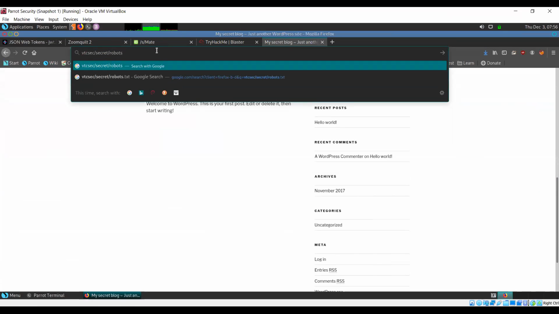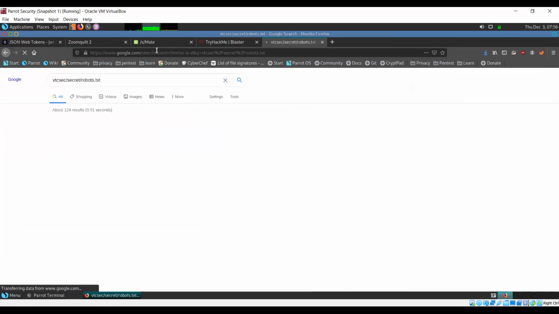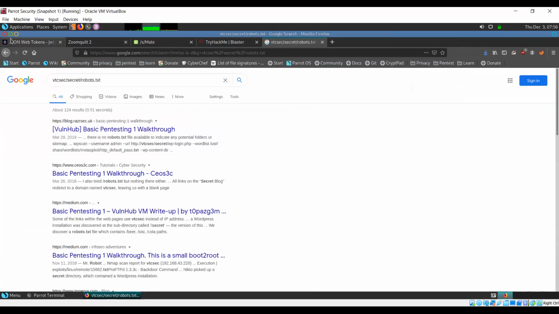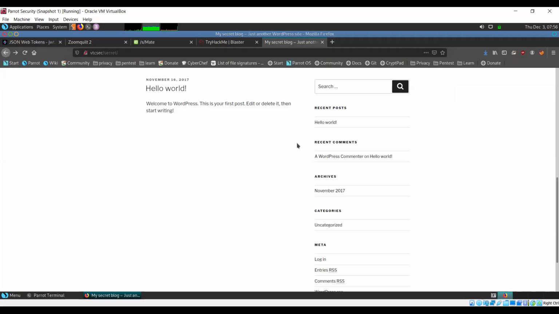robots.txt file, which is a file present on every website. It's not present in this case, but in any actual website, you'll see a file called robots.txt, and it tells web crawlers what directories they are allowed to access and what directories they are not allowed to access. Because there might be some web pages that you want to keep away from appearing in Google searches or Yahoo searches or Bing searches, whatever you're using.